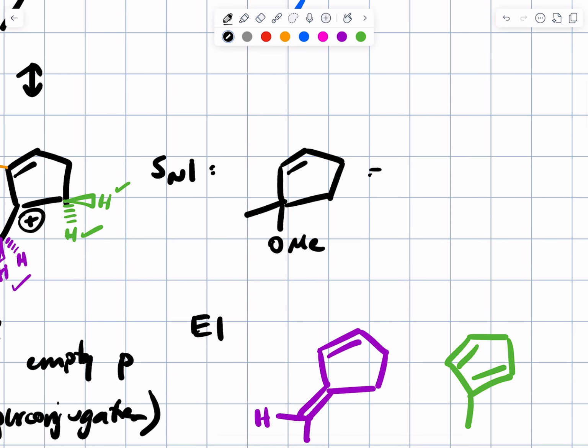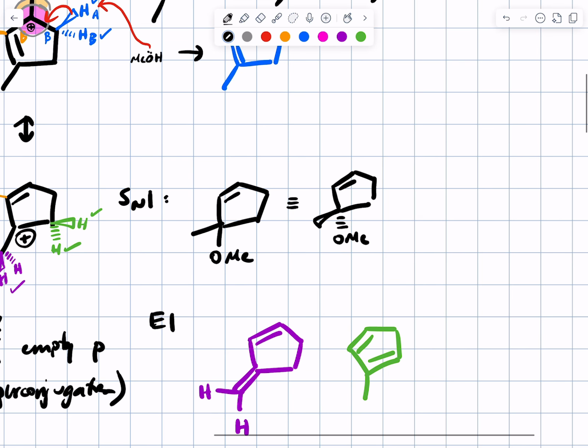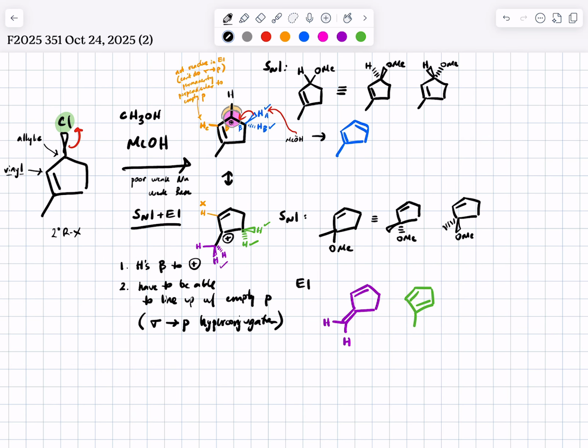I would likely have shown, instead of just using no dashes or wedges, both stereoisomers like this, because I would want to give you the chance to show that you understood that this mechanism was SN1 and E1 rather than just SN2 or just E2. For example, if these were options A through H or whatever, 7, A through G, maybe? Anyway,